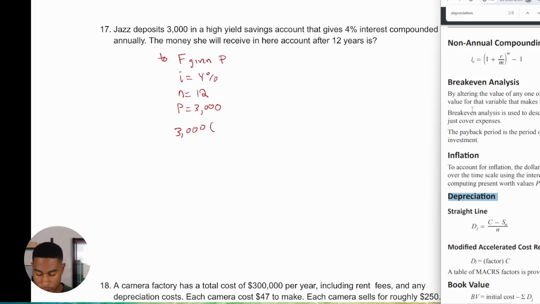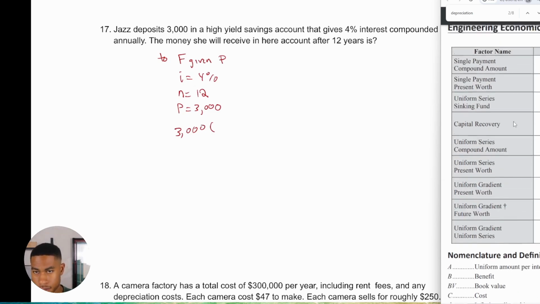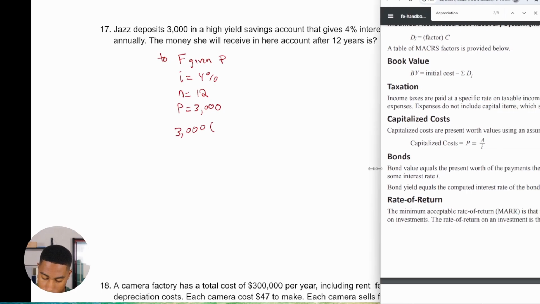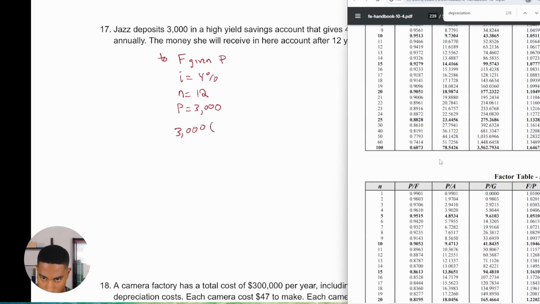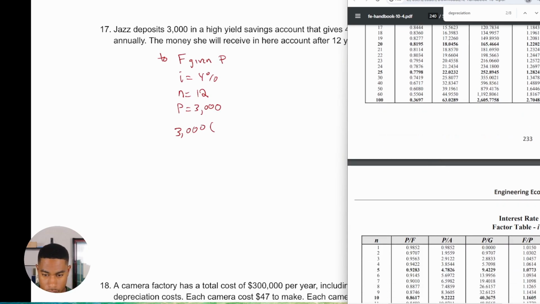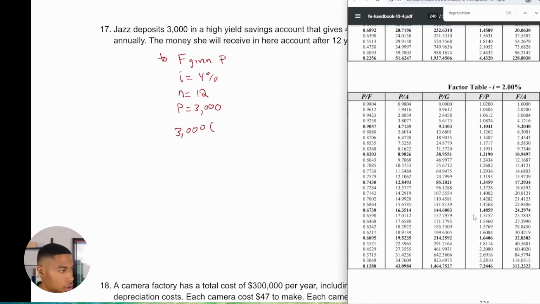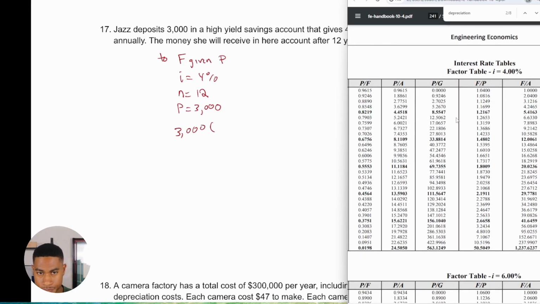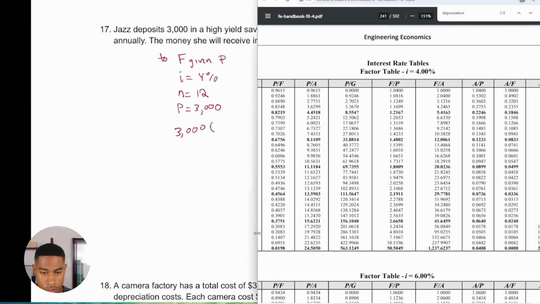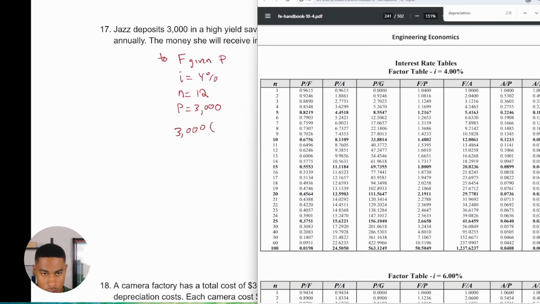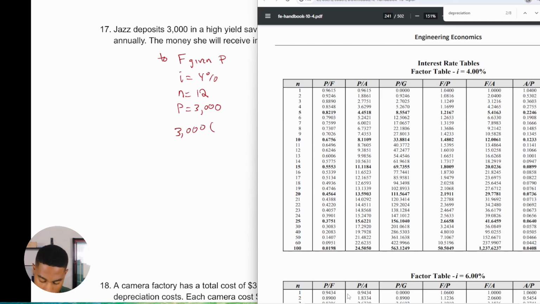conversion factor, right? So if we use conversion tables, or see if we can use the conversion tables, and we're looking for 4%. Found the 4%. Now we just want to see where n is 12, and we're trying to get to F given P. And for 12, and so for that one, I get